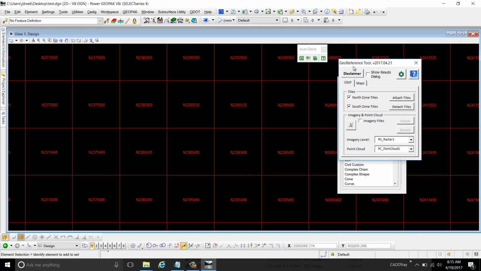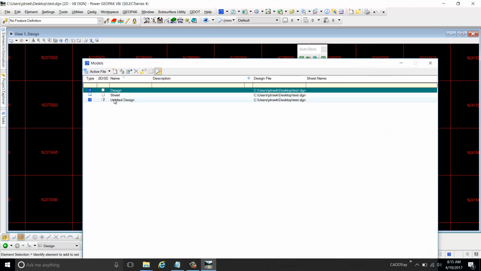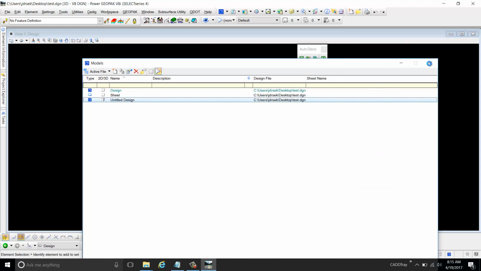Okay. So now moving on to the next section, imagery and point cloud. Right now you only see a checkbox for imagery files. That's because we're not in a 3D model, right? I can't attach a point cloud if I'm not in a 3D model. So I already created a 3D model in here. I'm going to switch over to that